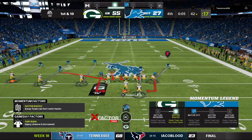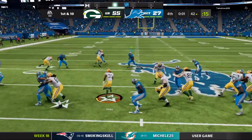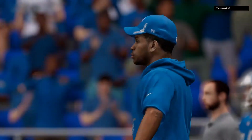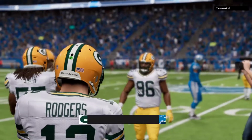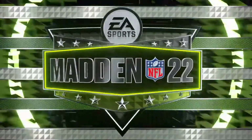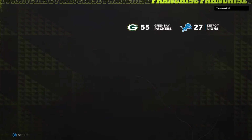Yes, get out of there. Off the option, it's Jones. And he'll be taken down here, and that is how this one is going to come to an end. Well, Charles, it's one thing to win. It's another thing to win and put up the amount of points that they did. Boy, were they clicking on offense. They can't help but feel great about themselves, can they? I mean, what a game to put up that number of points, continually feeling like they're moving the ball and